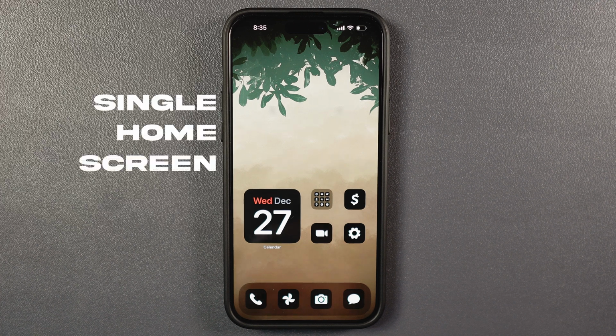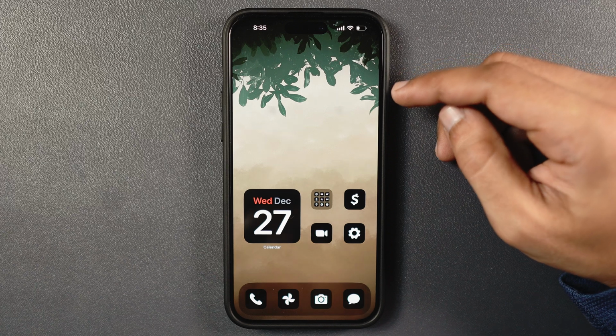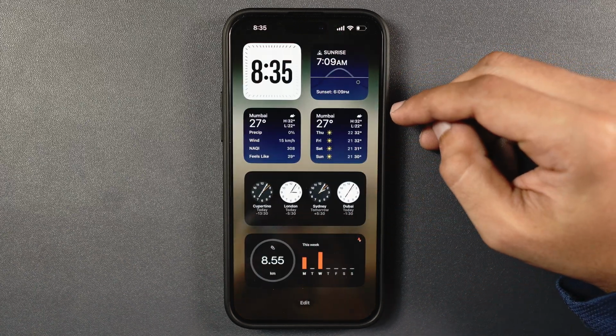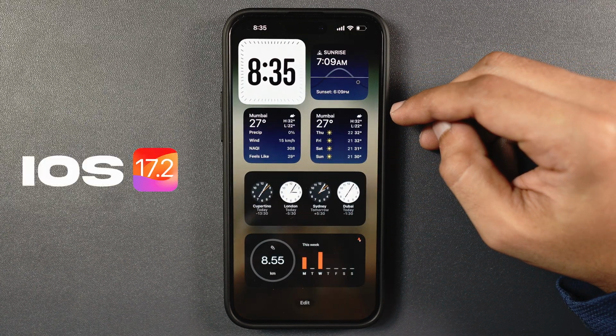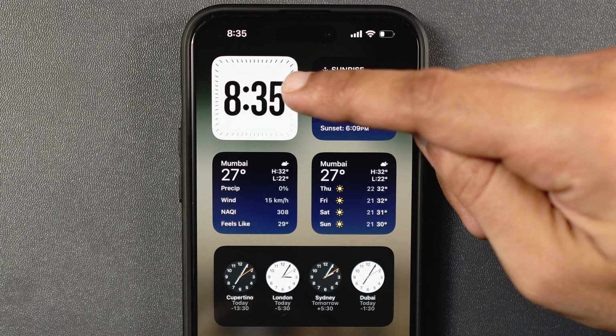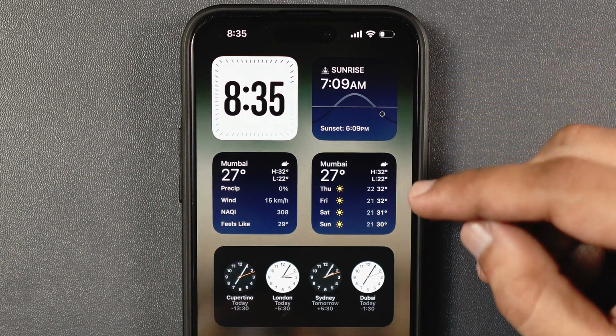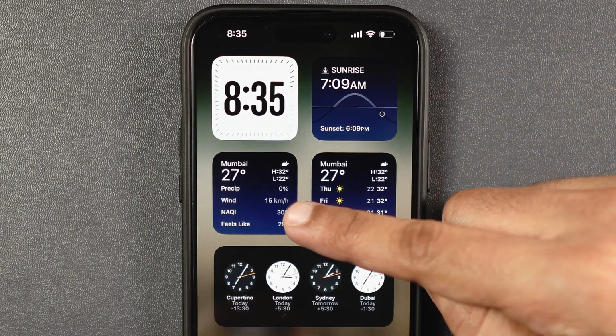I have kept a single home screen page and a minimal theme with a blank widget in the top area. On the left, I have a number of useful widgets starting from the latest new clock widget in iOS 17.2. I like the seconds animation around the border on the new clock widget. Besides time, there is a sunrise sunset timing widget, followed by a weather widget for a detailed analysis of the day,